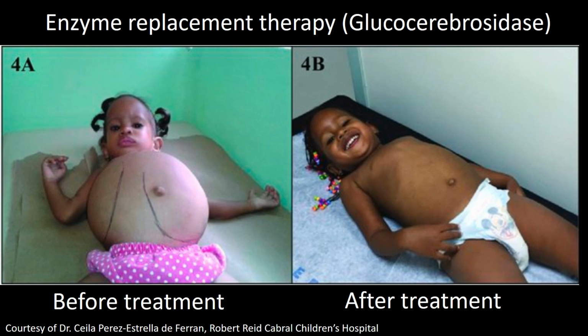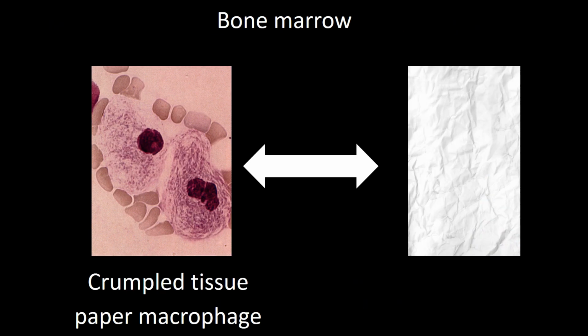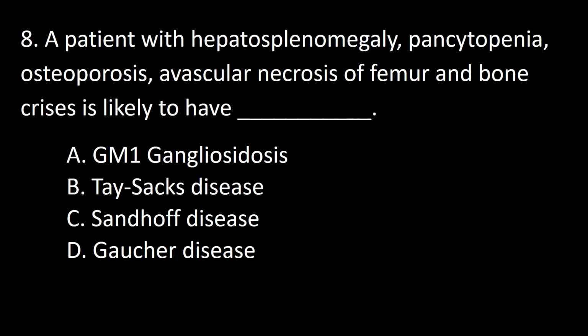Look at this patient before and after treatment. Before treatment, the liver and the spleen are enlarged. After treatment, they are no longer enlarged. Bone marrow in these patients shows large macrophages with cytoplasm which looks like crumpled paper, as you can see in this frame. So the answer to this question is